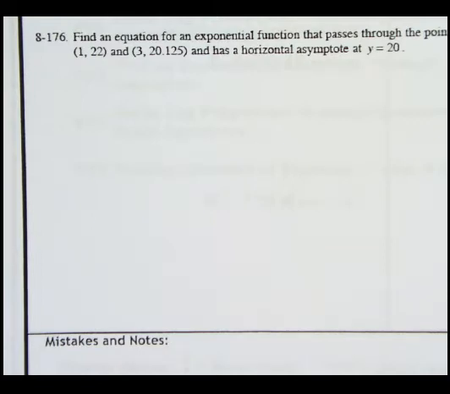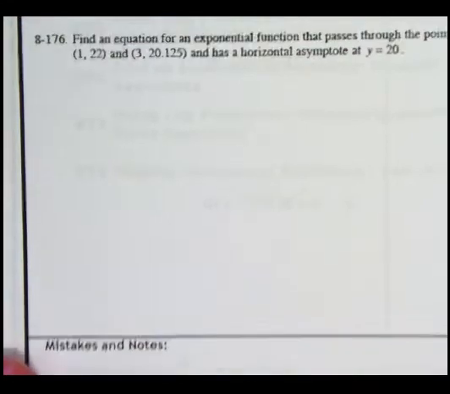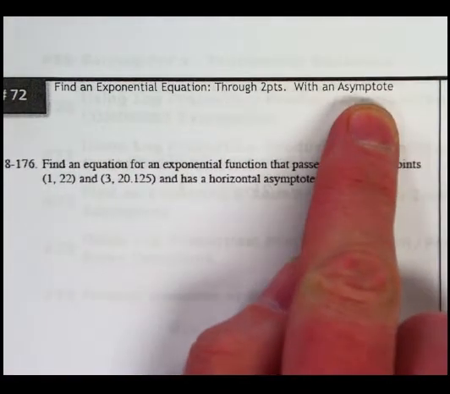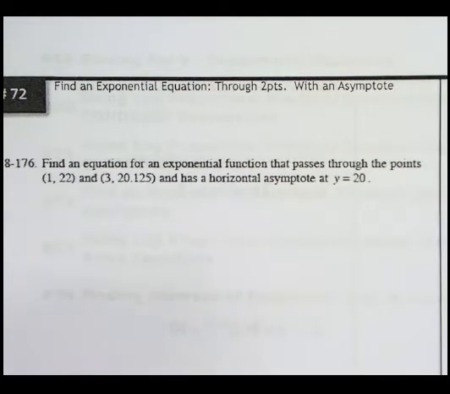All right, here's a big one. This is one of the more important targets, this 72, because it's finding an exponential equation through 2 points with an asymptote. It has a shift in asymptote, therefore we're going to use a shifted table to form our shifted